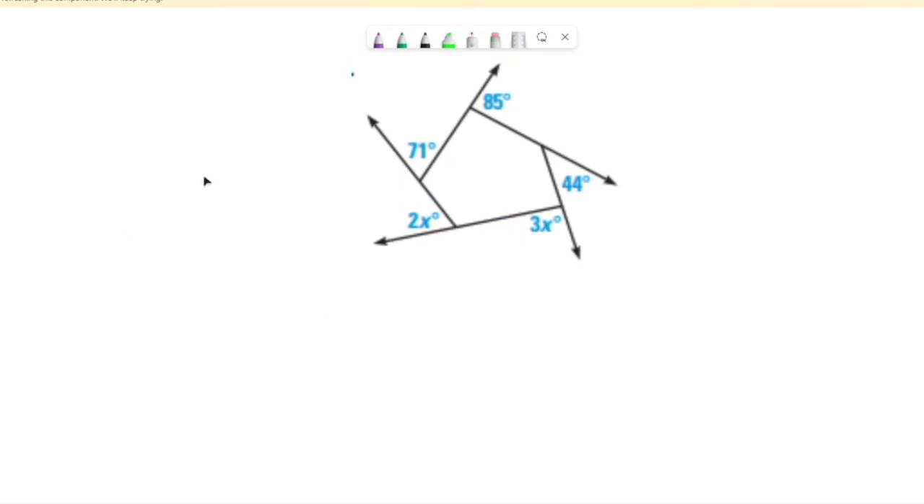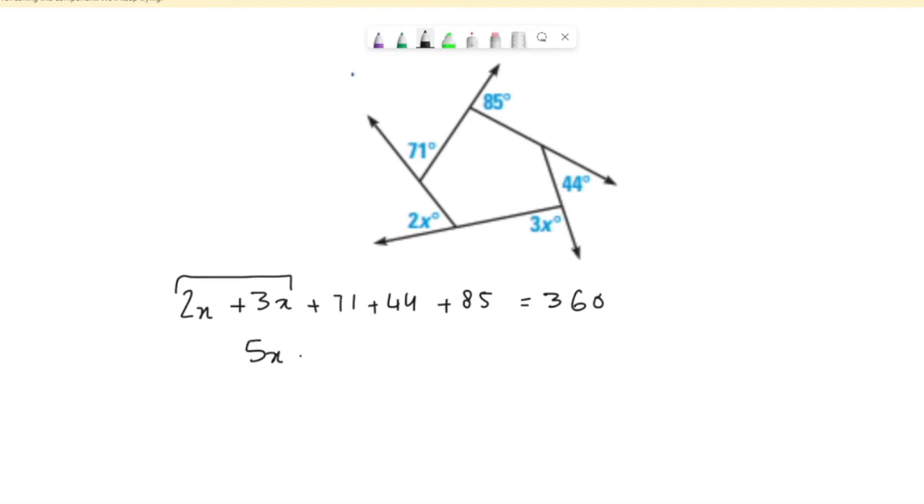So this question will use more of equations. Let's see how. So we have like 2x and 3x and 71 and 44 and 85, and we know they all add up to 360 because it's always 360 degrees for exterior angles. So we will add the like terms. So 2x and 3x together will give us 5x, and 71, 44 and 85 together will give us 200,